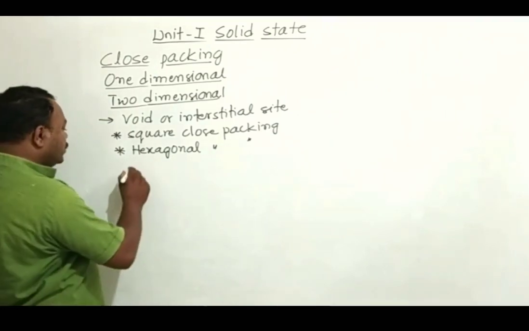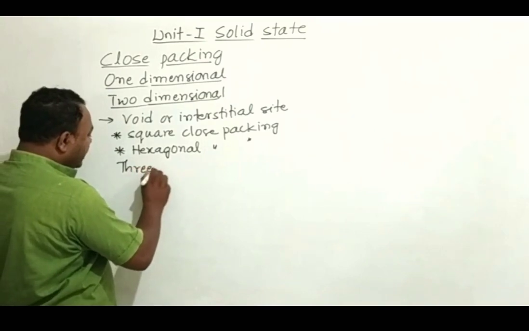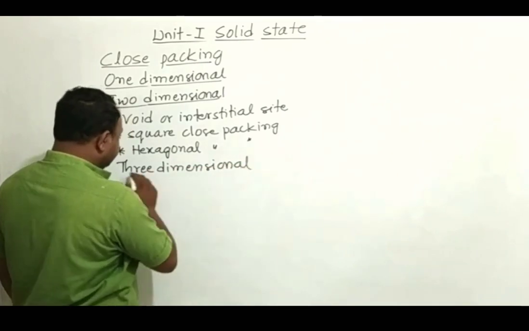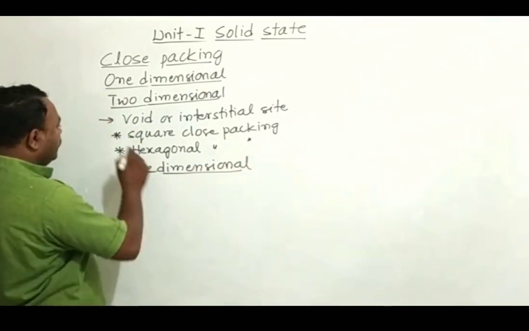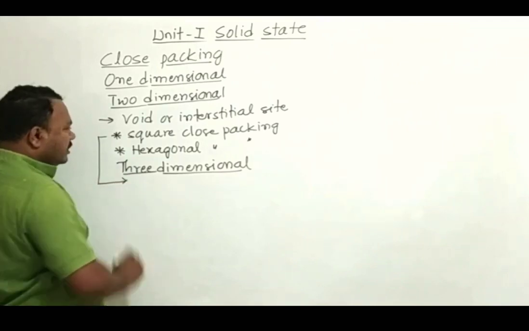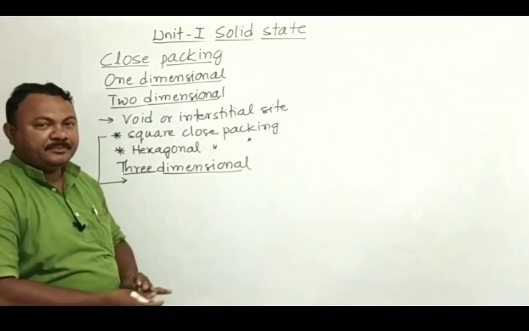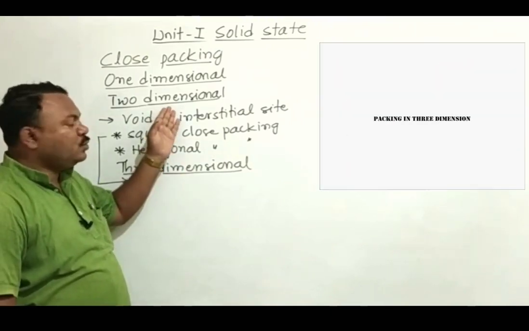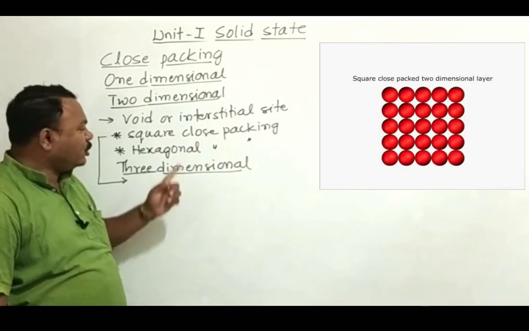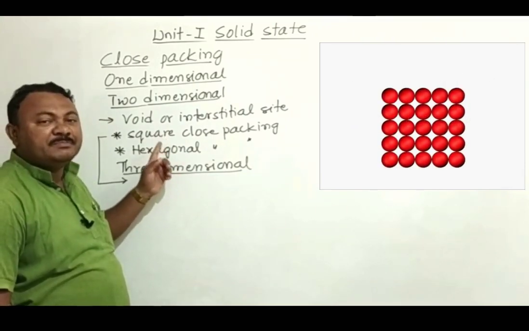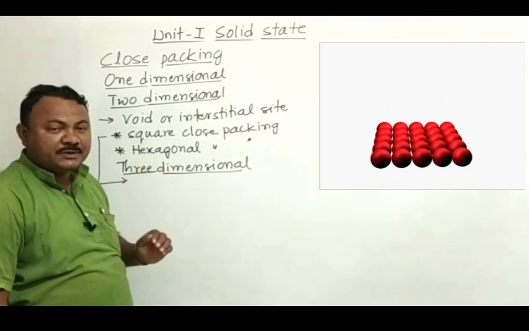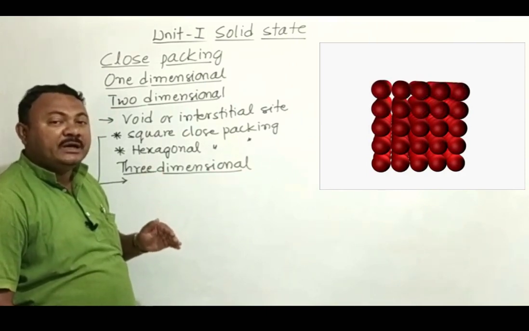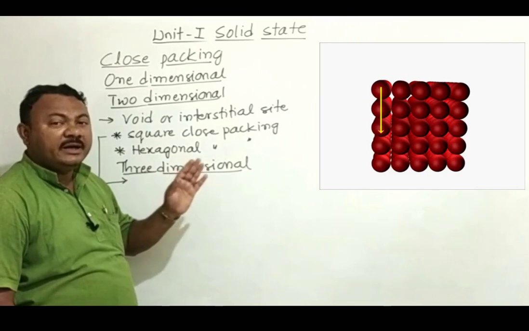Now, by using 2-dimensional close packing, we are going to build 3-dimensional close packing. First, we are building three-dimensional square close packing. And once again, for building three-dimensional close packing, we take two-dimensional close packed layers. I'm going to consider two-dimensional square close packed layer as A, place it horizontally, and other similar layers you go on arranging one above another. Perfect square you are getting.